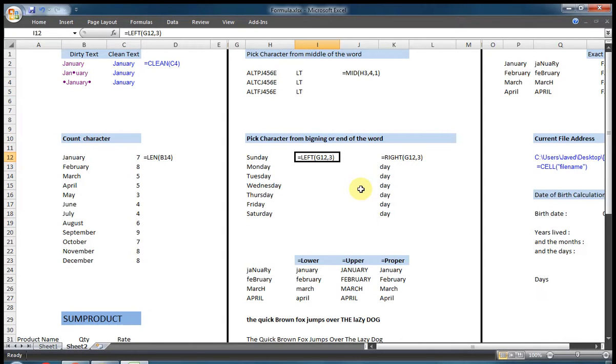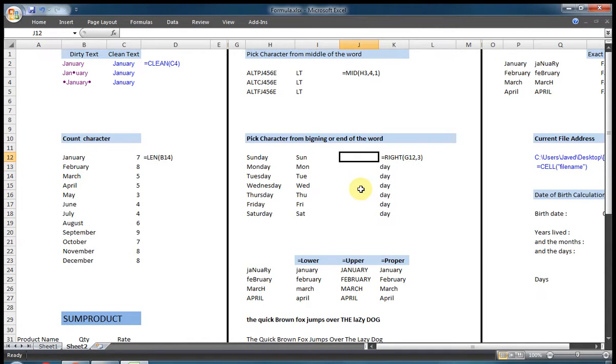Next one: sometimes we require characters from the left. From the left, 2 letters or 3 letters, you can easily select equal LEFT and how many characters are required. Suppose for Sunday we require the short form, so we pick SUN, 3 letters only, and it will show this. The same thing is for RIGHT.